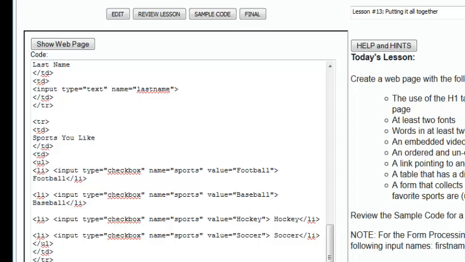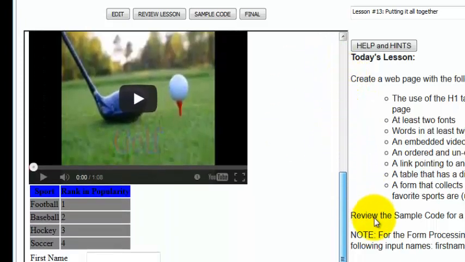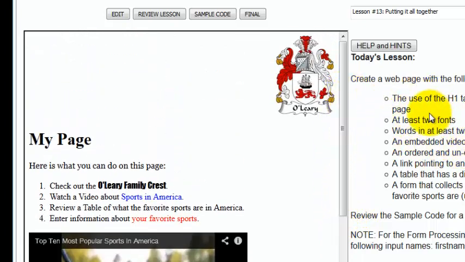Okay, so we take a look at this show web page. You can see I have my image aligned to the right, I have my header, I have my here's what you can do on this page in Georgia. I changed that to impact. So all of this is available to you, and what I want you to do is try to include all these things, but I really want you to look at this as a playground, and I want you to go in here